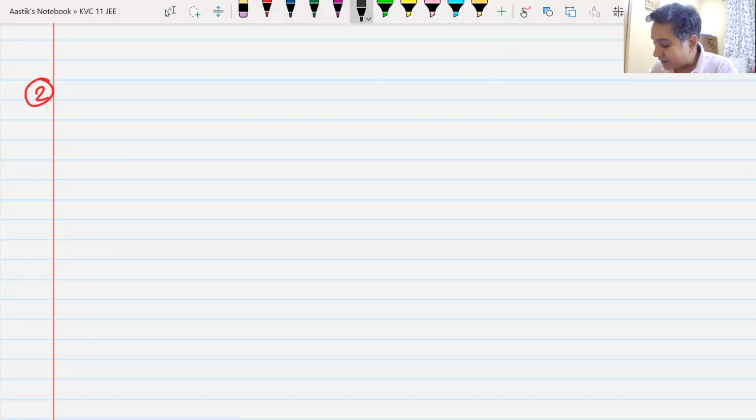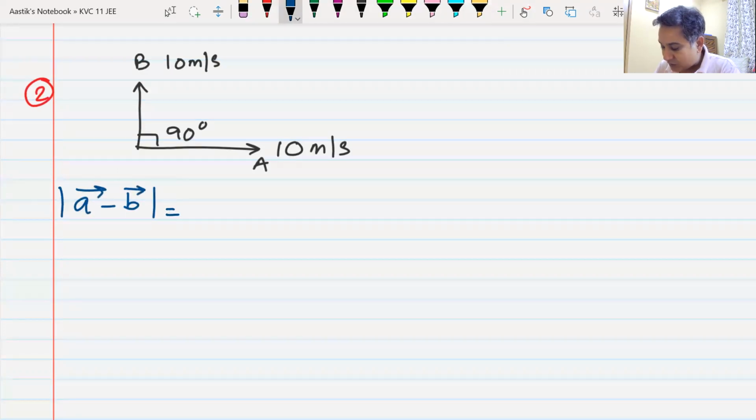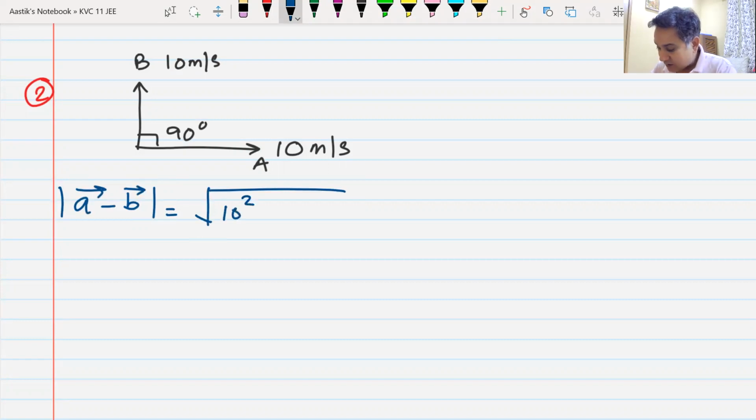If you remember the diagram, A was here, 10 meter per second. This was A. B was here, also 10 meter per second. Both the lines must be equal, but I have not drawn them equal. The angle between them was 90 degrees. I can find out the magnitude of A vector minus B vector, which will be equal to under root of, in this case, 10 square plus